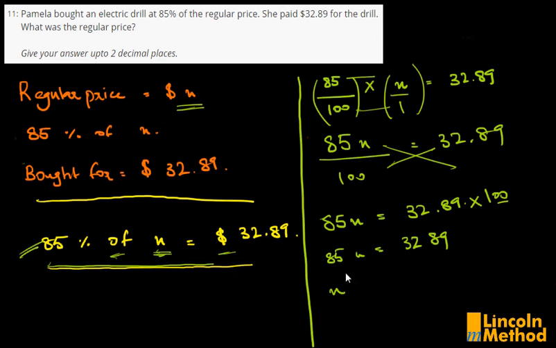Now 85 and X are being multiplied, so if I shift one of these to the other side of the equals sign, it's going to be divided by this number right here. So X equals 3289, and I shift 85 down here, and that gives me 3289 divided by 85. I am using a calculator, and so should you. Let's save time and make sure that the answers that we're getting are accurate. So 3289 over 85 comes out to be around